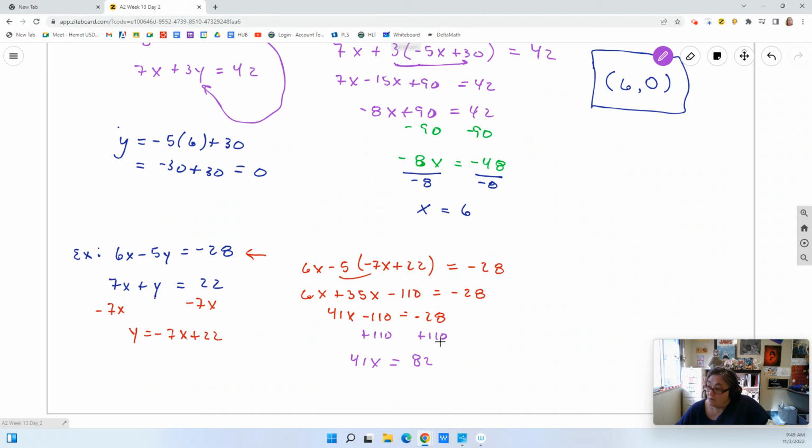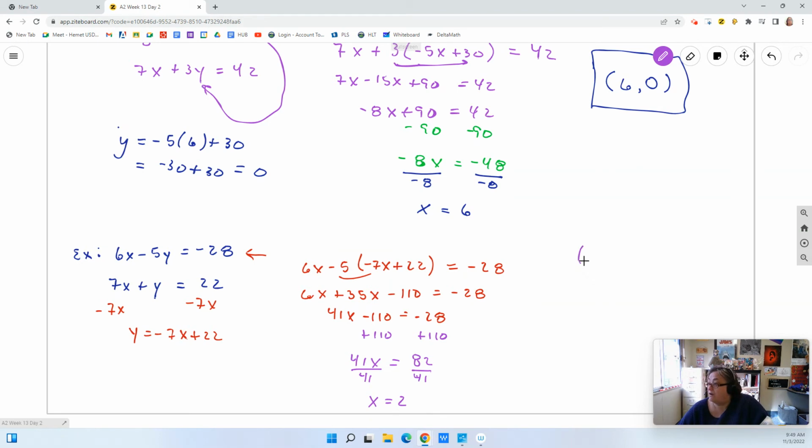Positive, right? Because minus 28 plus 110 is going to give us a positive solution. And then conveniently, when I divide out this 41, 41 divides evenly into 82, and I would just get x equals 2. So we went through all of those crazy big numbers to start, but what we wound up with so far